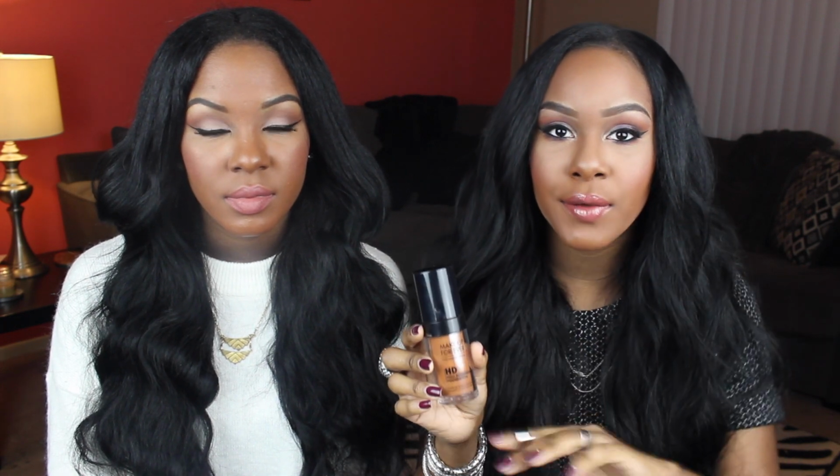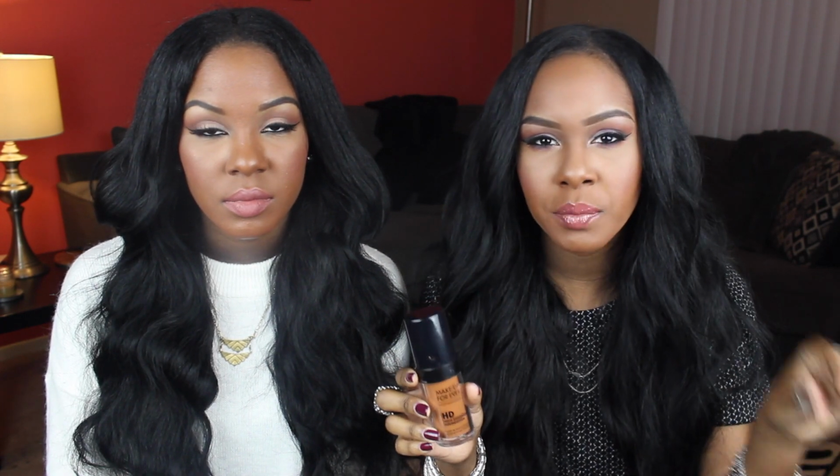Most people don't. Well, yeah, that's true, but I love how this feels on my face because it feels like I'm not wearing any makeup. It's super lightweight, but it gives great coverage. It's not full coverage, but it is buildable, which I do like. So I think this is a really good everyday foundation if you're not into super heavy foundations. It's a really good foundation to build, and it looks good on camera and in pictures. So I just really love this foundation, and I am in the color